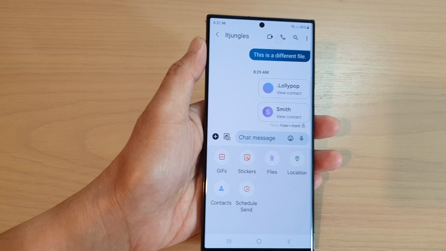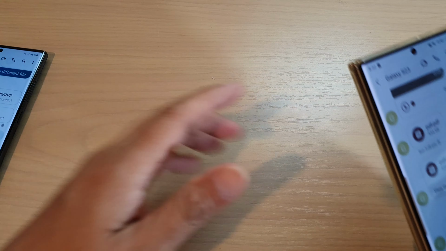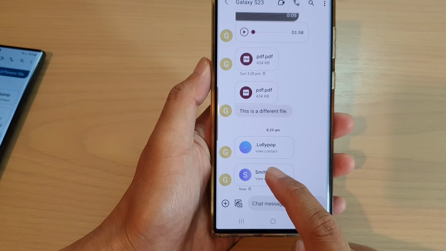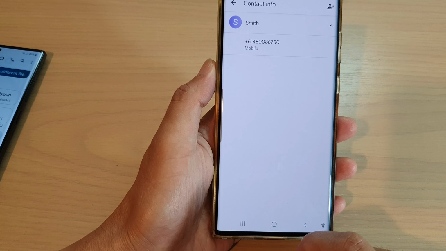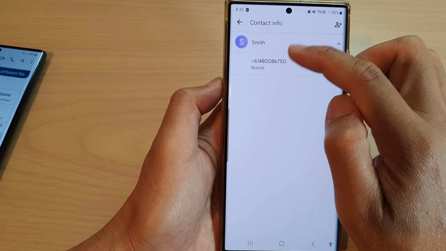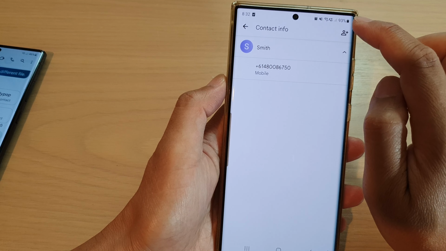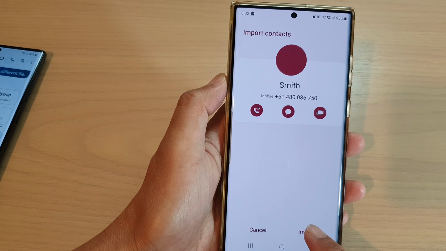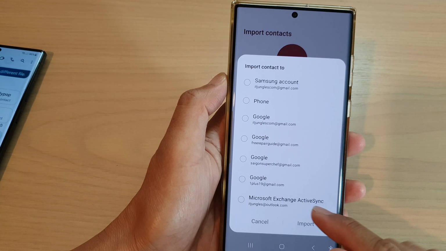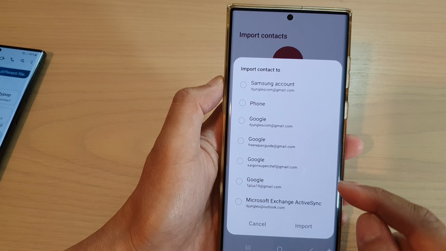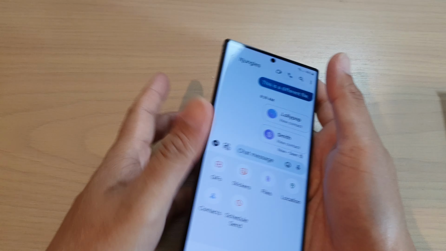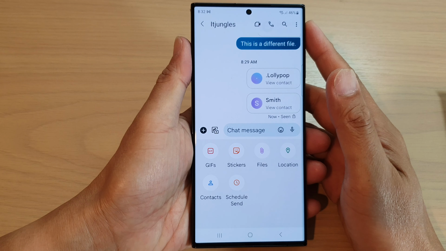Alright, once you have sent that contact details, you can see here on the other person's device. When I tap on that contact file, it will give me some information about that contact, and I can tap on the add button at the top, and then I will be able to tap on import to import that contact. And that's it. So that is how you can